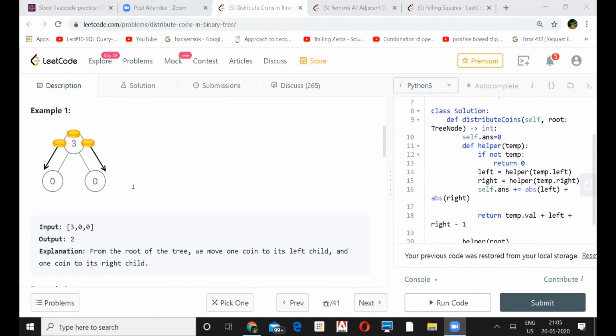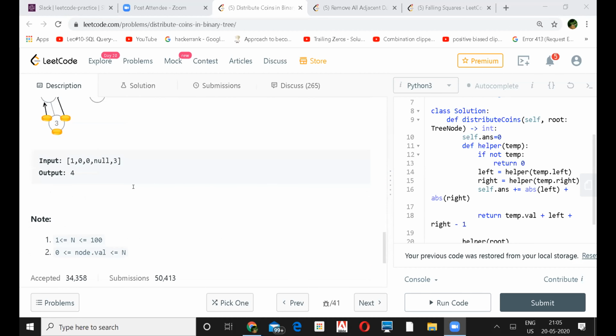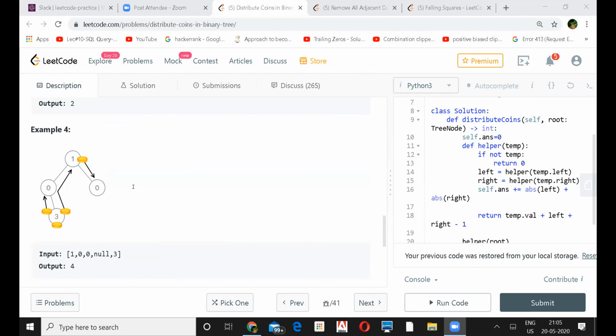So in the fourth example, the last one, right? They start counting the moves from the third node, the bottom one. But I was thinking, whenever there is zero, you skip counting.